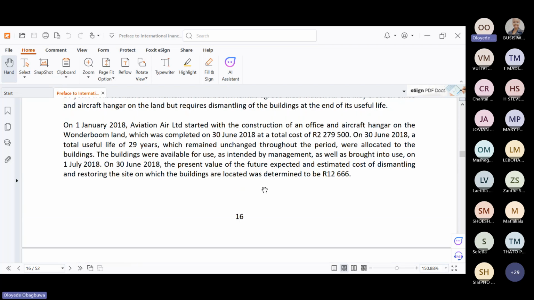Before we look at the solution, who can just tell me the answer? What is the total cost? It's 2,292,166. Okay, you added the cost of dismantling plus the cost, right? Yes. Yeah. Because the cost of dismantling plus the cost of the